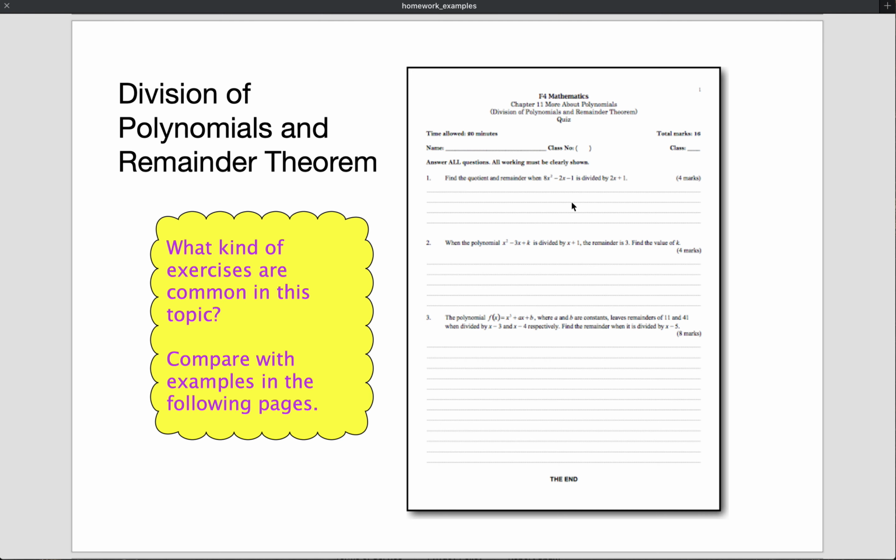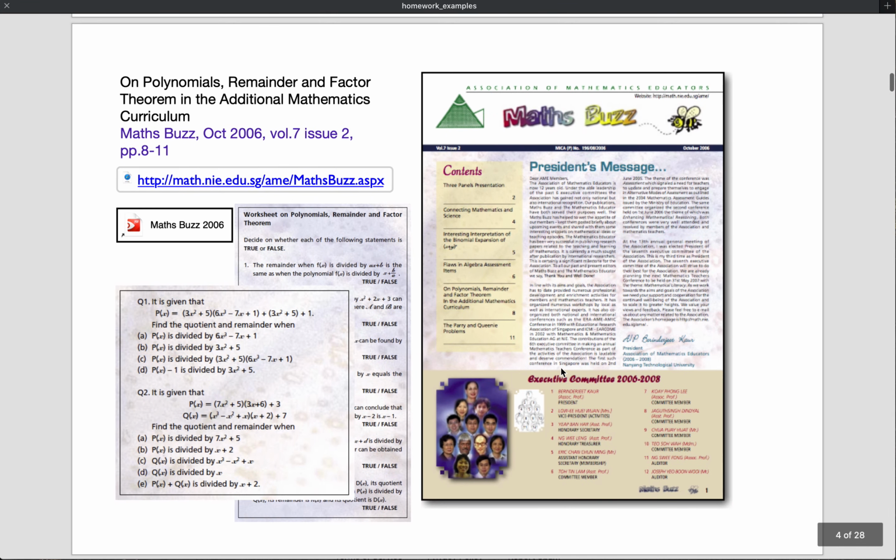What I want to show you is that, although these are very common, they may not be so useful for developing the students' understanding in the process of learning. Very often, they just illustrate the skills or techniques that they need to answer questions in exercises or in examinations. As a comparison, I'd like to show you one source extracted from a journal